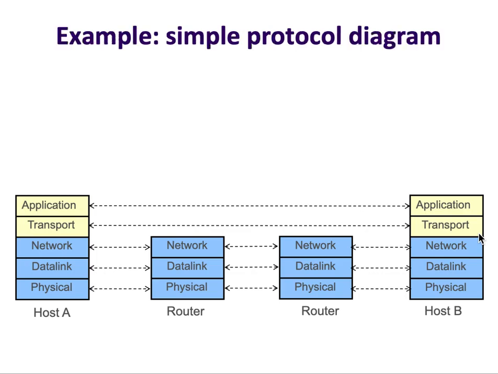Okay. And I'm going to start looking at what protocols we are running at each of these layers now. Okay, so a very simple protocol diagram would say, these are examples, again, these are not the only protocols you could be running, these are very typical protocols that we run. So at the application layer, we could be exchanging HTTP messages. Okay. Again, I'm not telling you at this point how that message is actually flowing